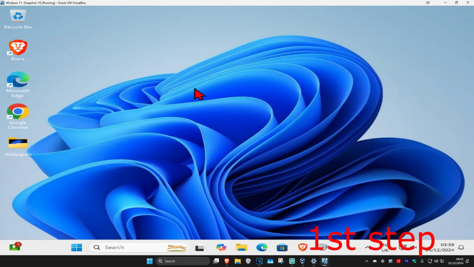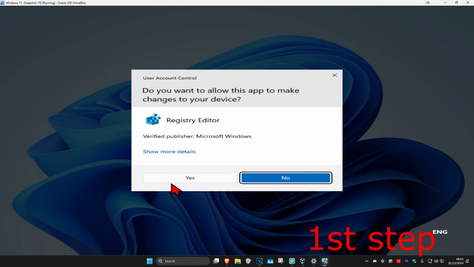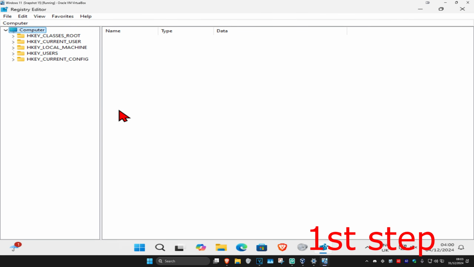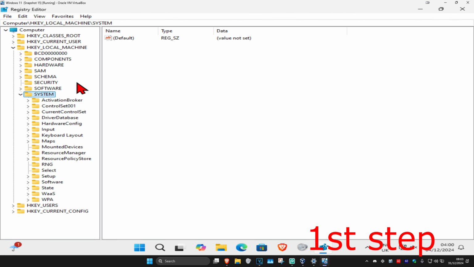So guys, for the first step, you're going to head over to search and type in registry editor. Click on it and then click on yes. And then once you're on this, you can follow everything that I'll be doing up here. So first you want to expand HKEY_LOCAL_MACHINE, then you want to expand System, then you want to expand